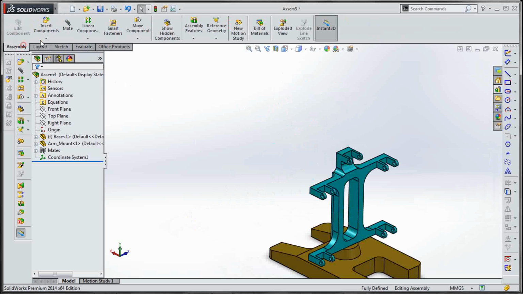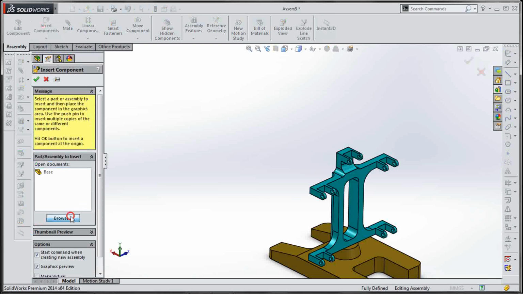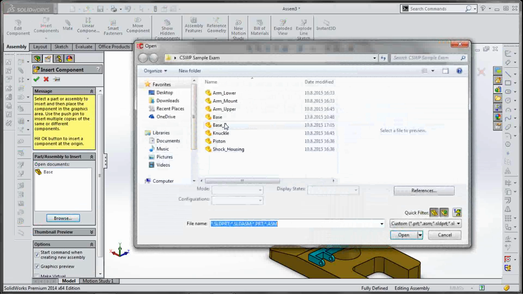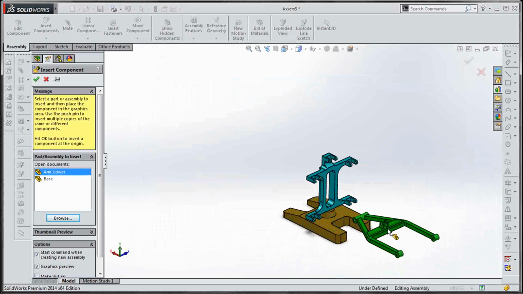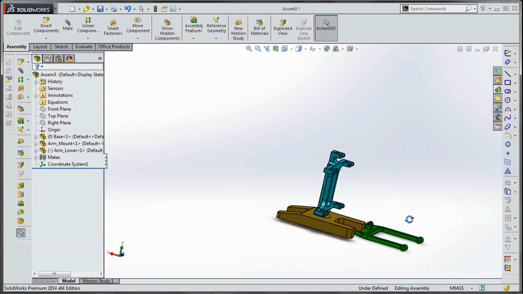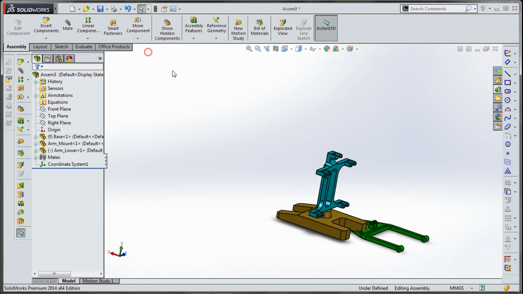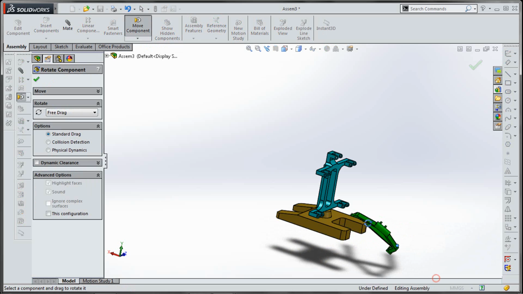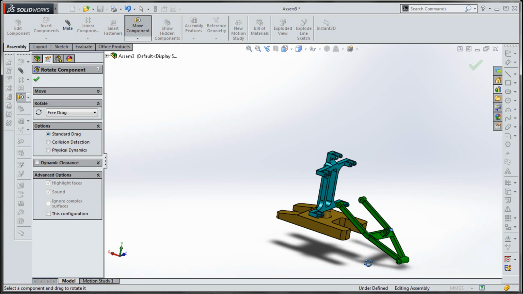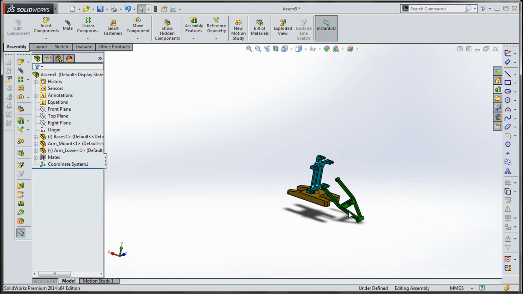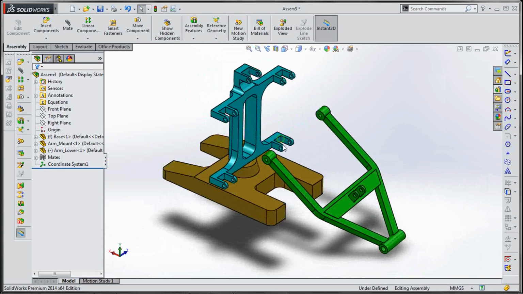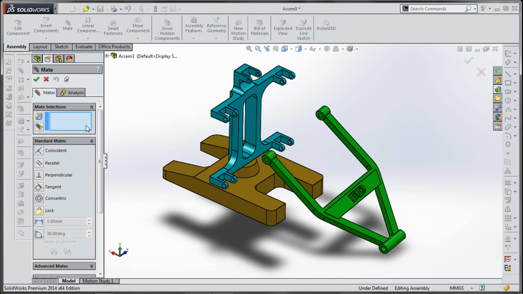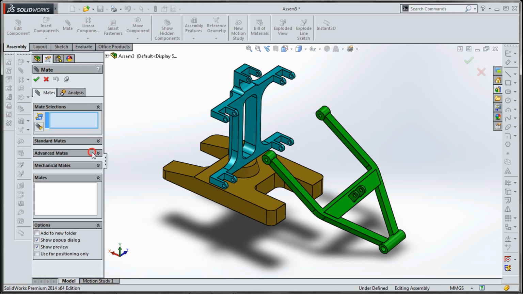So again the same thing: insert component, find arm lower, open, and I like to orient this in the right way. So we need to place this, and now we need a width mate.